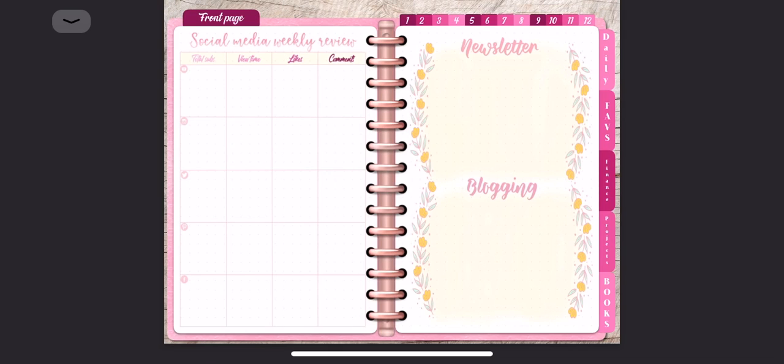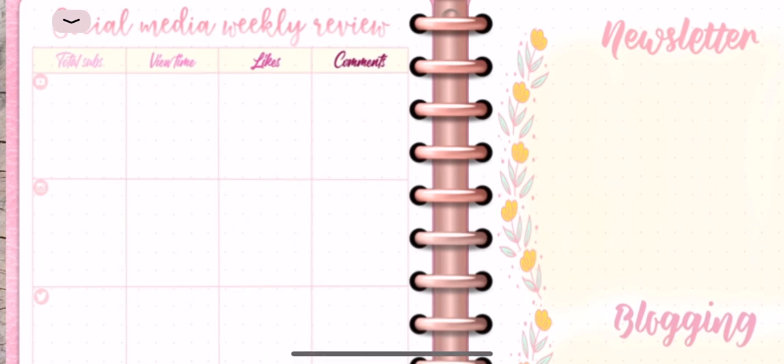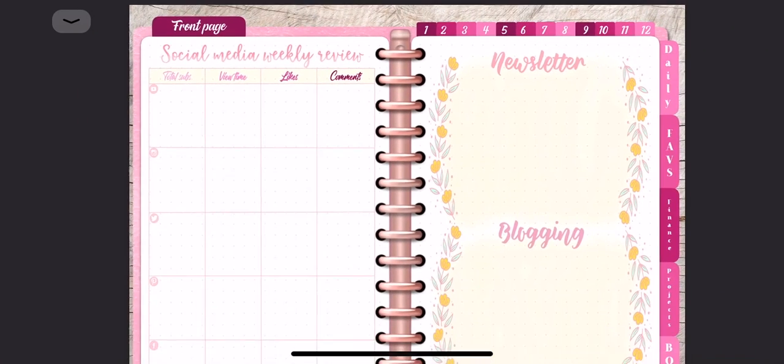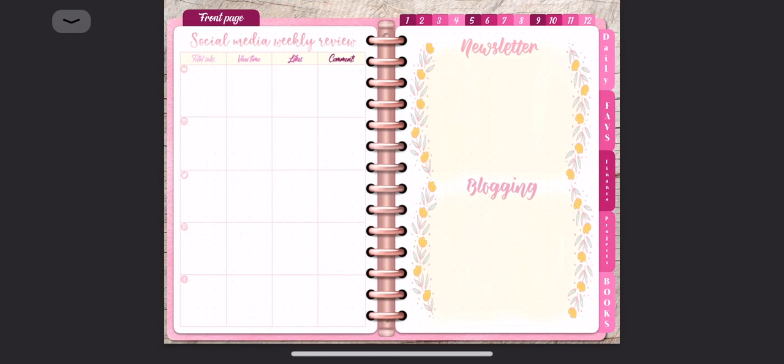here if you click, then you can track how many subscriptions you have on a given social media, how many views or time they gave, likes, comments, and things like that. And on the right page, you can plan out your topic for that week of your newsletter. But this spread can be used weekly, monthly, or as often as you wish,